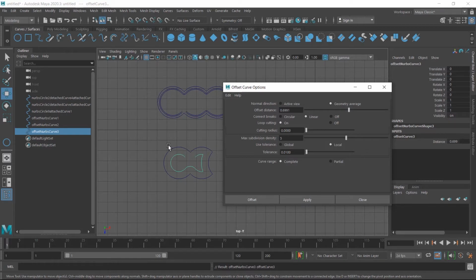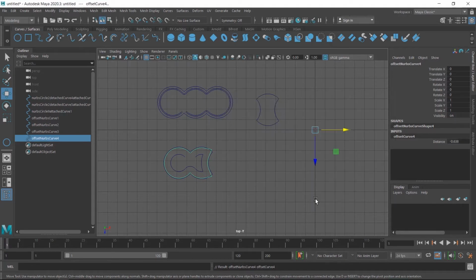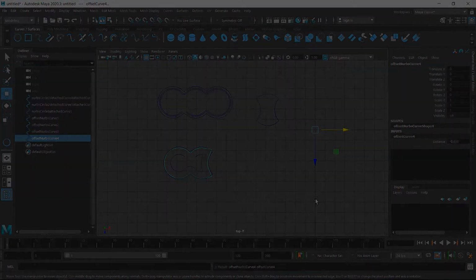So you have to check the scale value first and then use this tool. And if the value is a negative number and then you apply, the shape is created outside this shape. So it's very easy to use. I click on the close button to close this dialog box, and it's all for this class.